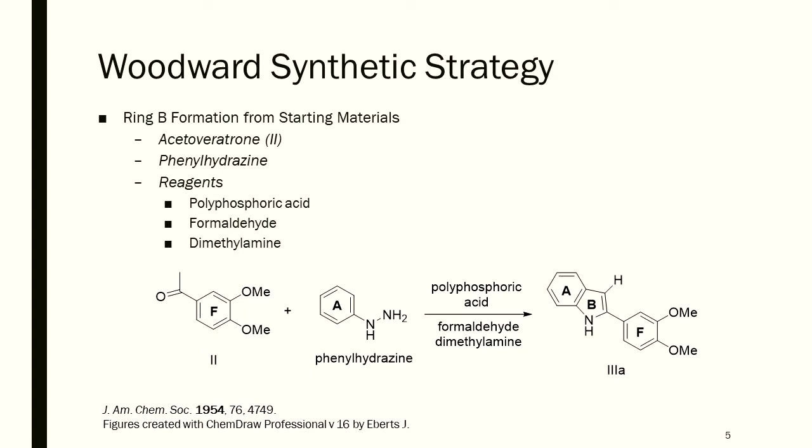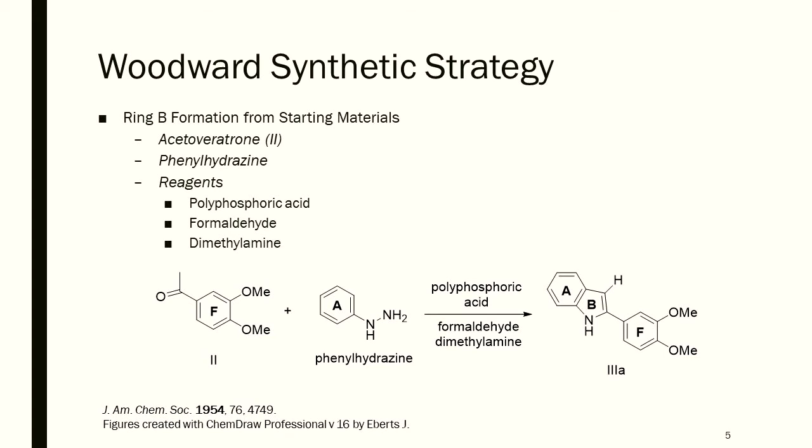Woodward started his synthesis with the formation of ring B. To do this, he used acetoveratrone and phenylhydrazine. Through this, he also brought in rings F and A. The reagents were polyphosphoric acid, formaldehyde, and dimethylamine. The primary mechanism is that the primary amine nucleophilically attacked the carbonyl, then cyclization occurred around the secondary amine to